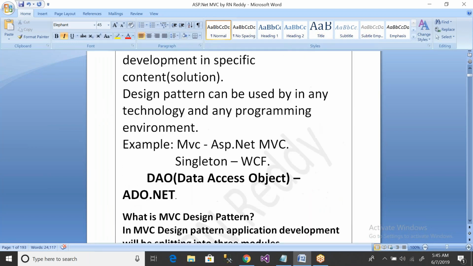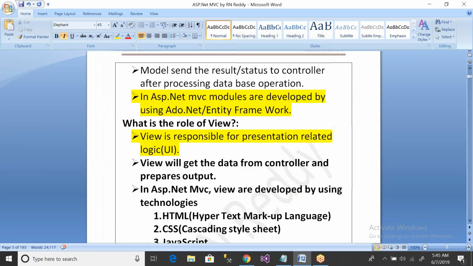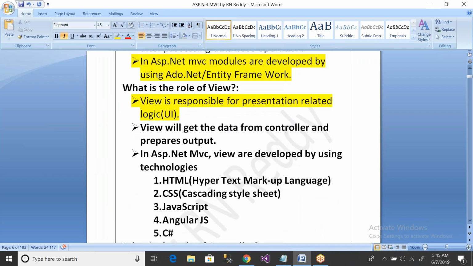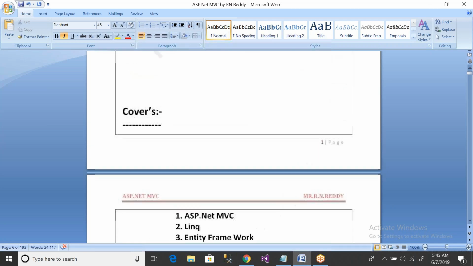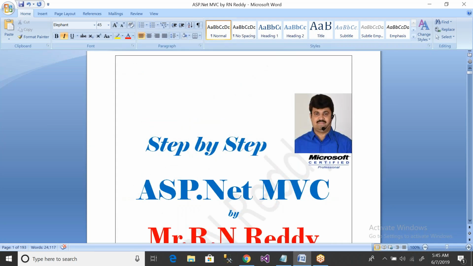Have you received the materials, guys? Once you get the material, my advice to all of you is to make it a spiral, better. Soft copies are no use. You'll keep them somewhere and you will forget. Better you make it a hard copy. And Sai will send you the front page and back page images also.